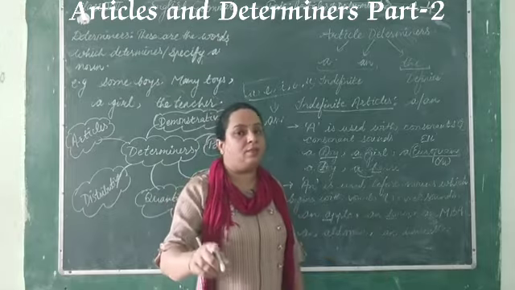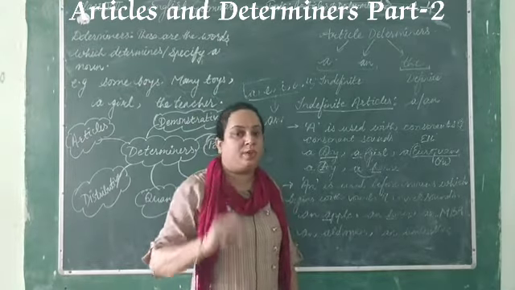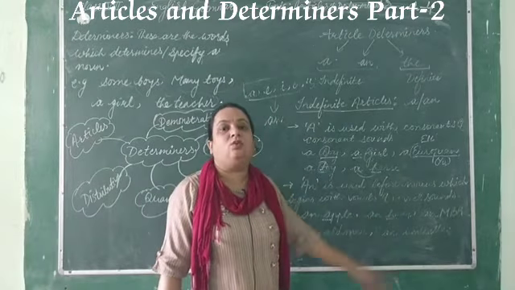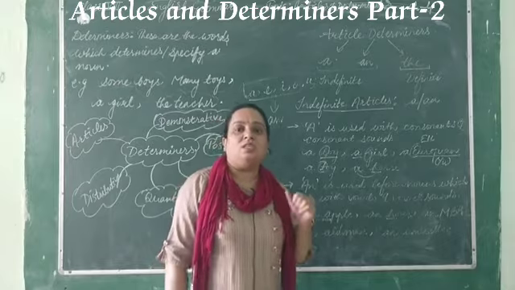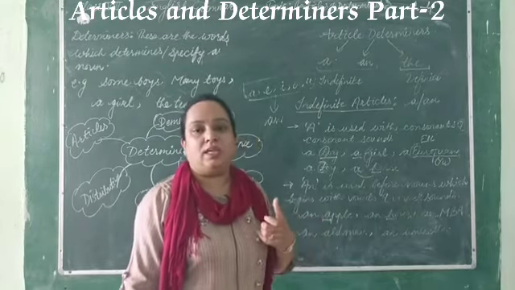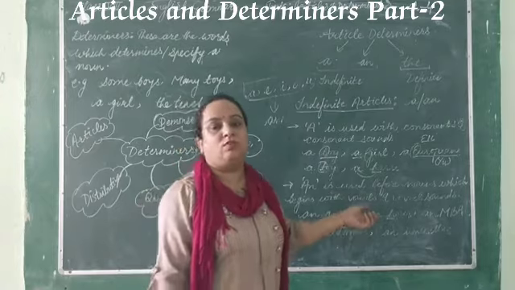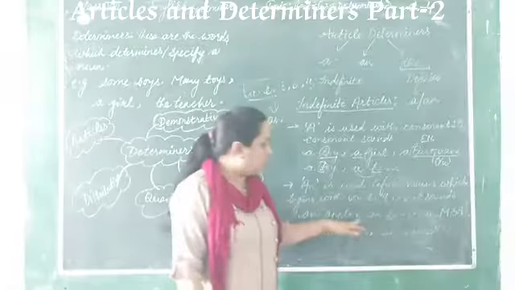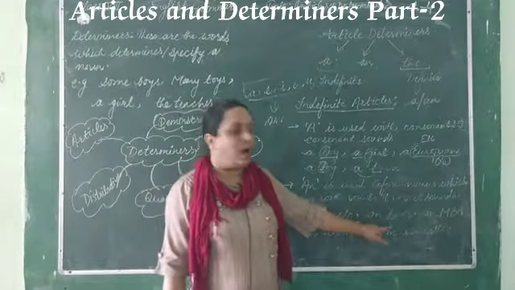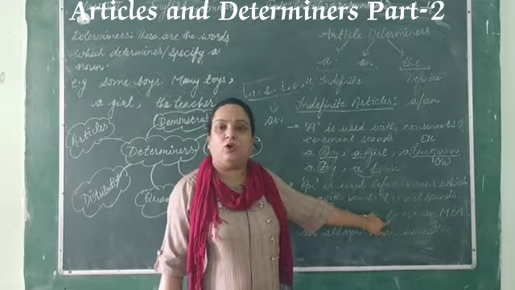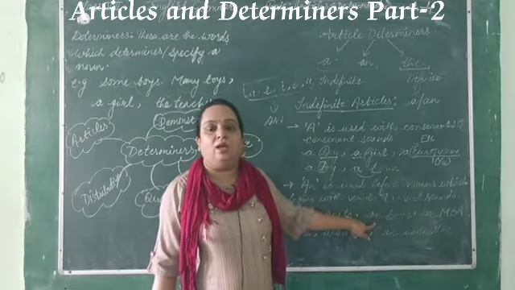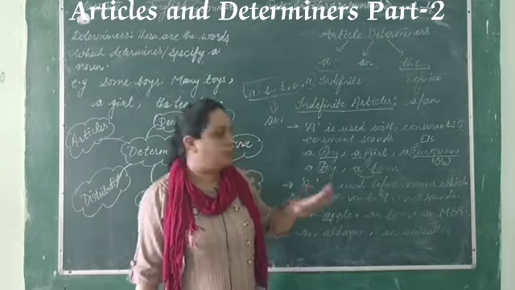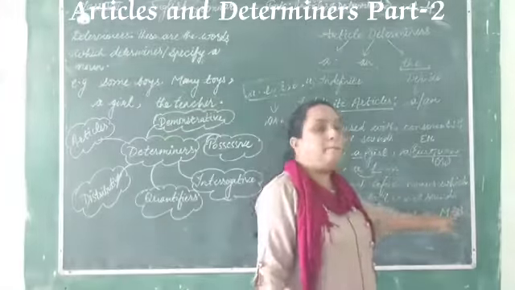Because see, your pronunciation should be correct. If you see some of the students, 1 hour, this is not hour, this is what? R. So the H is silent here, and that is giving the sound of R only, right? So R is a vowel sound. That's why we are using an before this H also, because the sound is vowel, R, right?